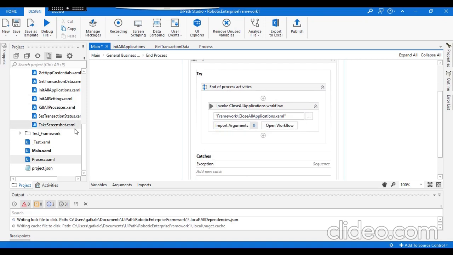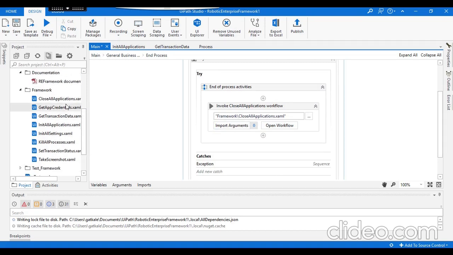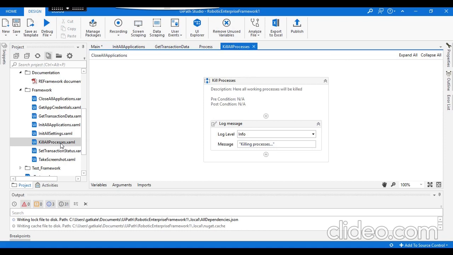For that, we have a separate file, close all applications, and we can call kill all processes. If there are any existing Excel processes or any mainframe application processes running, we can kill them using this workflow. If documents are generated using the RE framework, they can be saved over here.